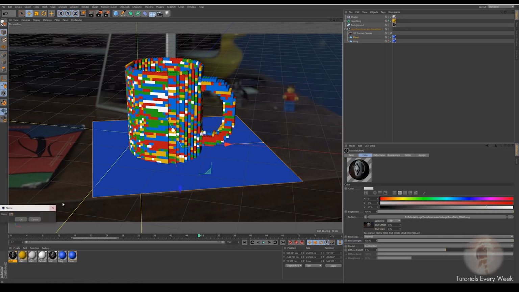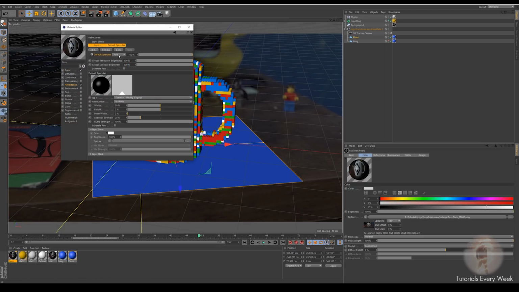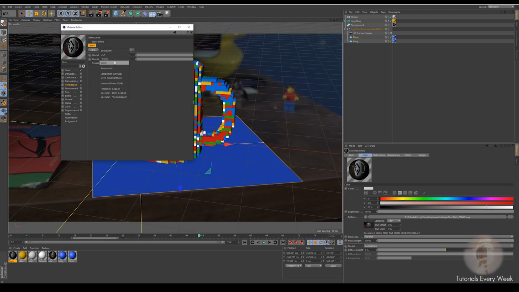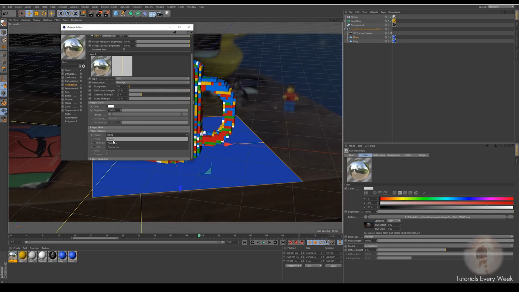Rename this to floor. Double click on it. Go to reflective. Get rid of the specular one. Add a GGX. Put a layer Fresnel, and then dielectric. The reason we're doing this is to add the reflective